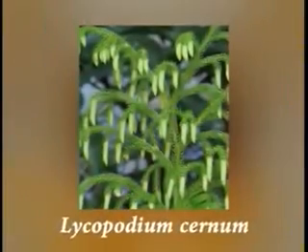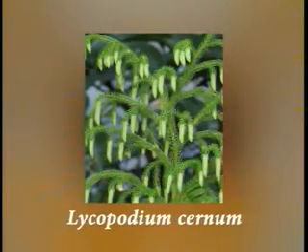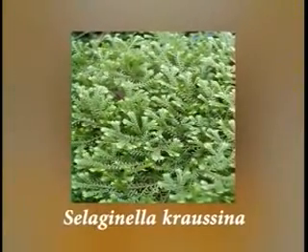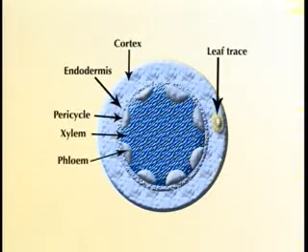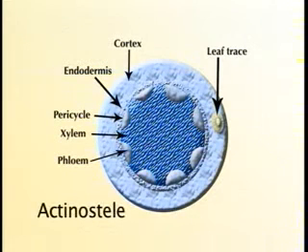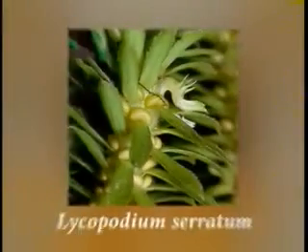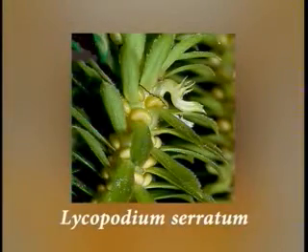It is found in Lycopodium cernuum and Selaginella kraussiana. Actinostele. This type of protostele has a star-shaped xylem core. Here, phloem is present in the form of separate strands, alternating with the projecting parts of xylem. It is found in Lycopodium serratum